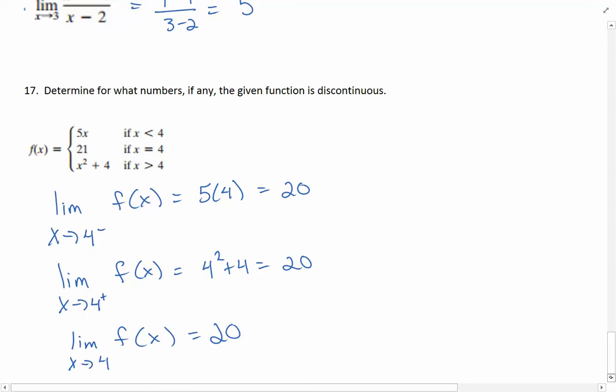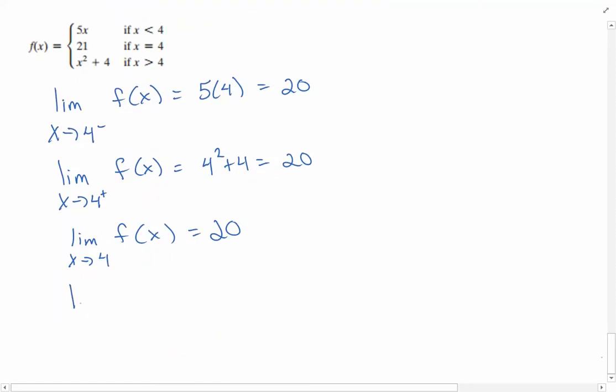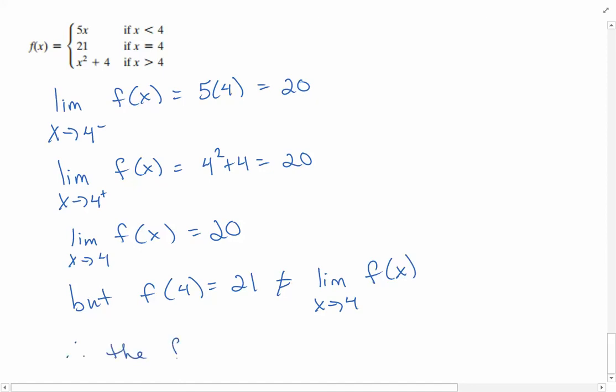However, the function value at 4, f of 4, is equal to 21, which is not equal to the limit as x approaches 4 of f of x. And so, therefore, the function is discontinuous